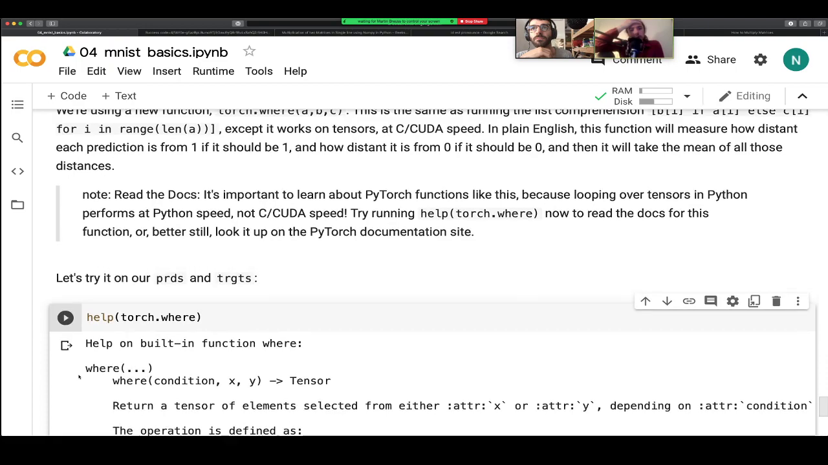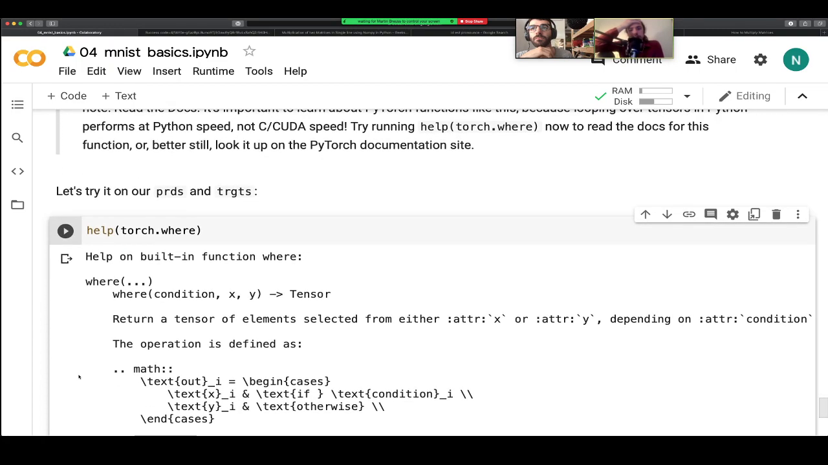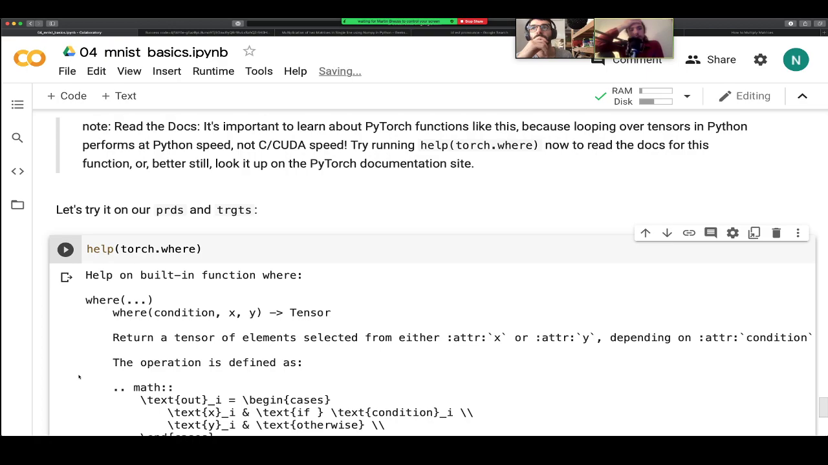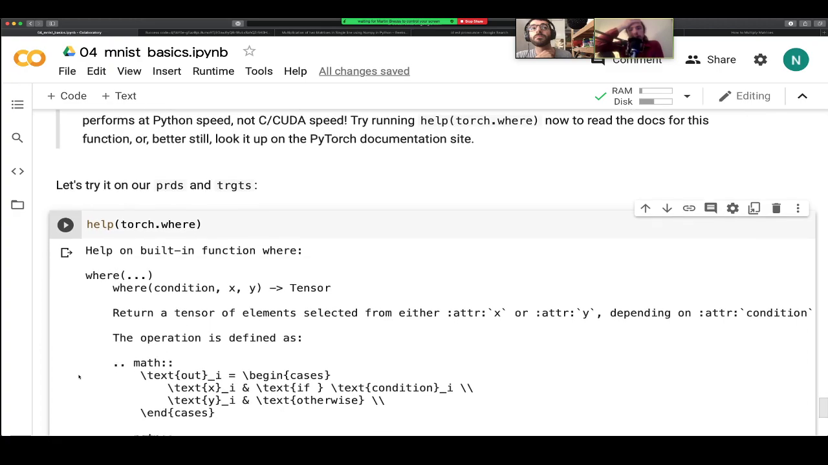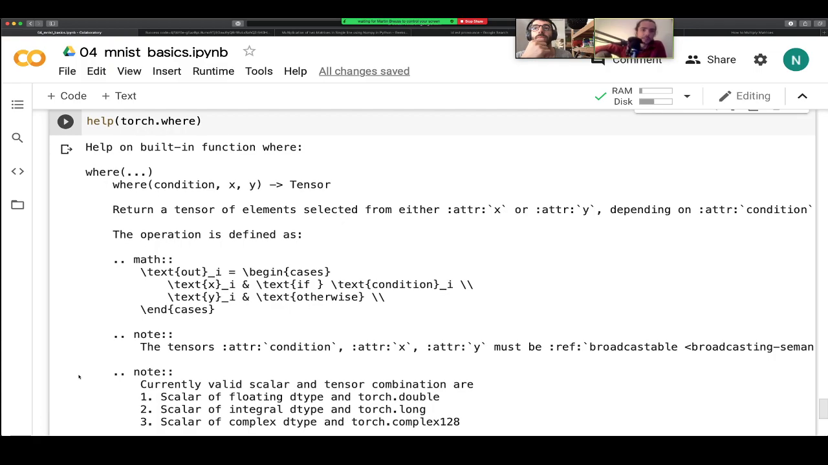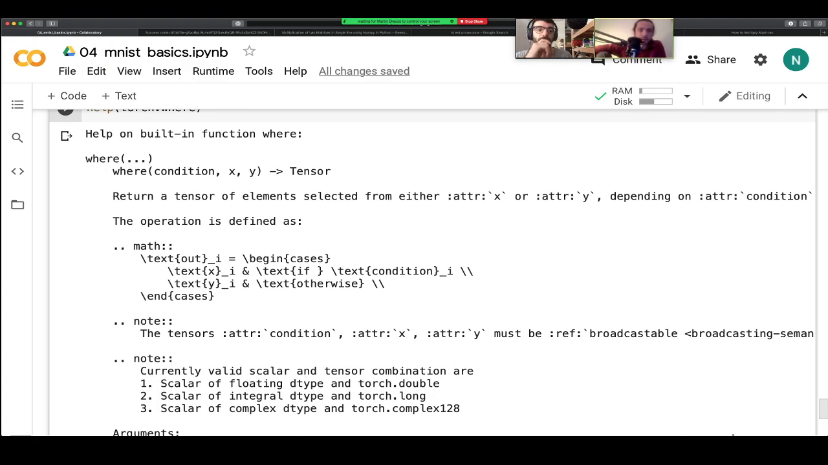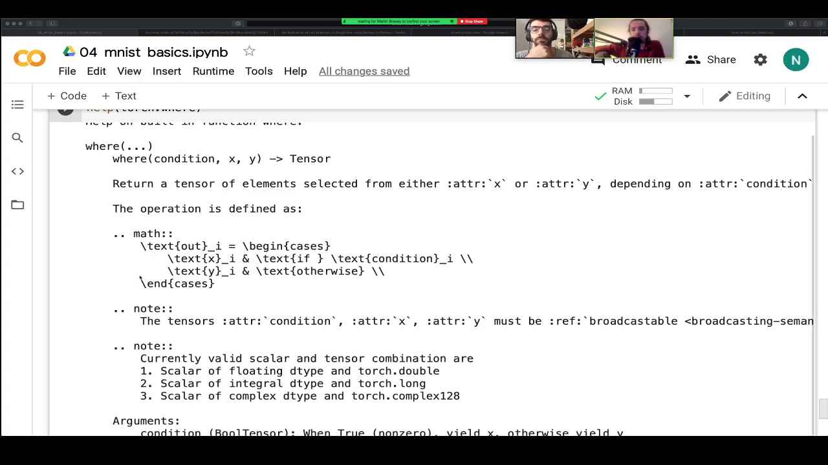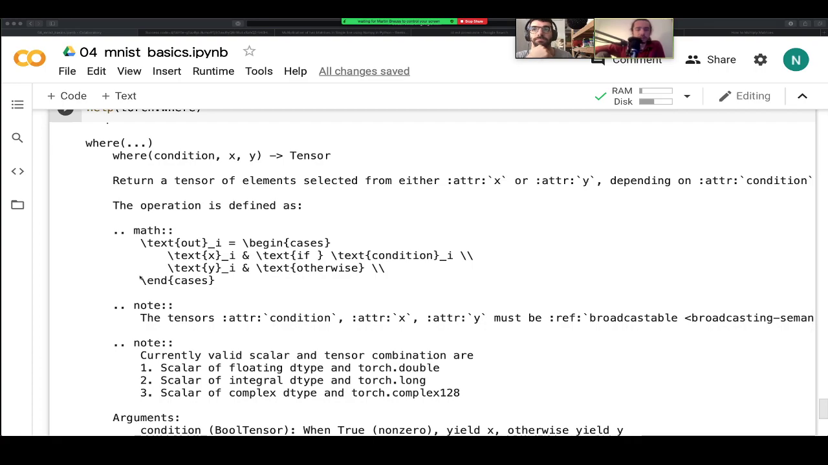With the docs, it's important to learn about PyTorch functions like this because looping over tensors in Python performs at Python speed, not CUDA speed. Try running help torch.where now to read the docs for this function, or better still, look it up in the PyTorch documentation site. Okay, so where condition, x, y. The condition is that the targets should be 1. And we have x and y as input, and it returns a tensor of elements selected from either x or y, depending on the condition. The operation is defined as